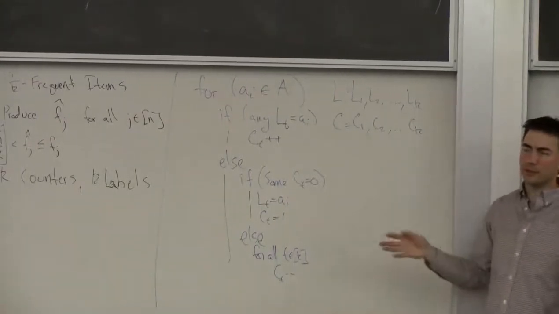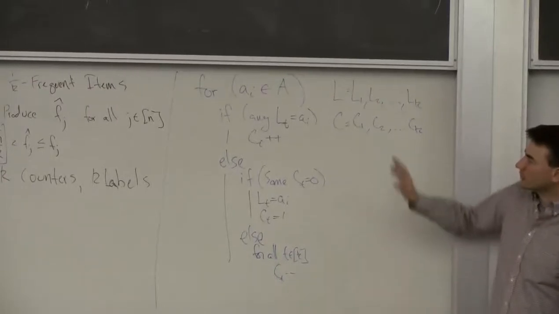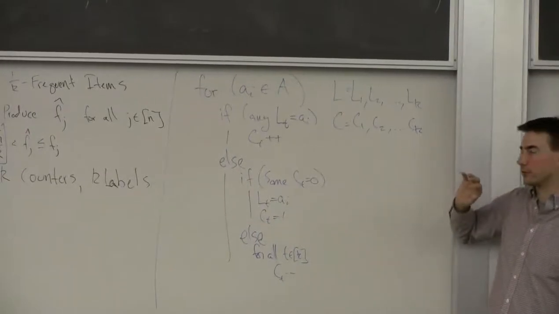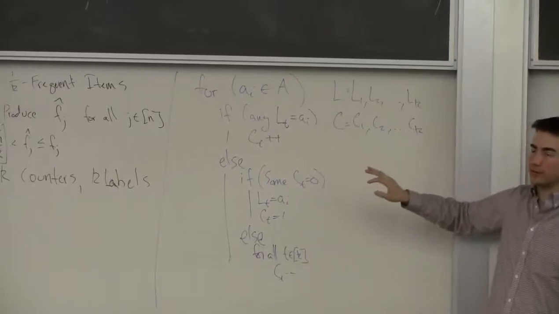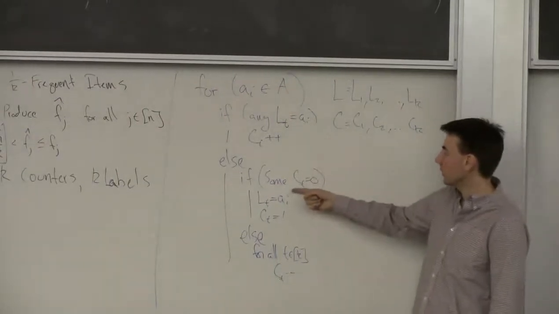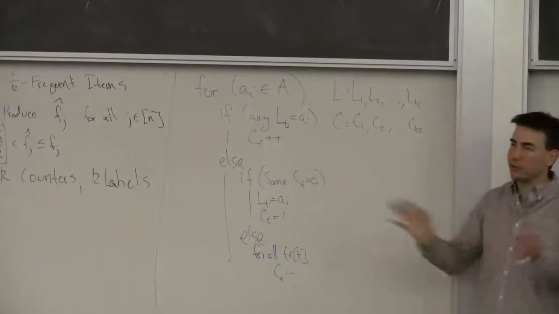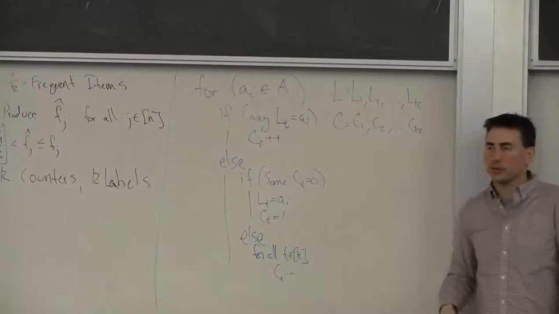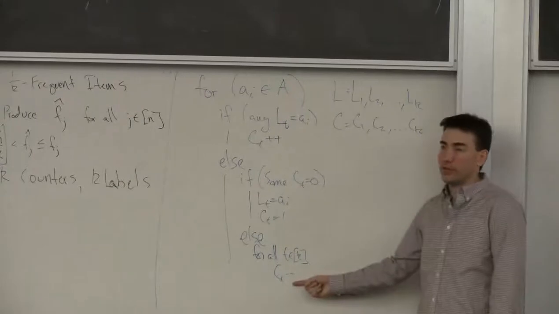For implementing this, sometimes there's a little bit better choice for one or the other. You can actually get this to run in constant amortized time, so the amortized time for processing one element is constant. You need to check if all are 0, and so you think it may depend on k, the number of counters, but you can get it so it's amortized constant by some careful choices in these places. But I'm not going to go into that. Right, so I'm going to decrement all the counters.